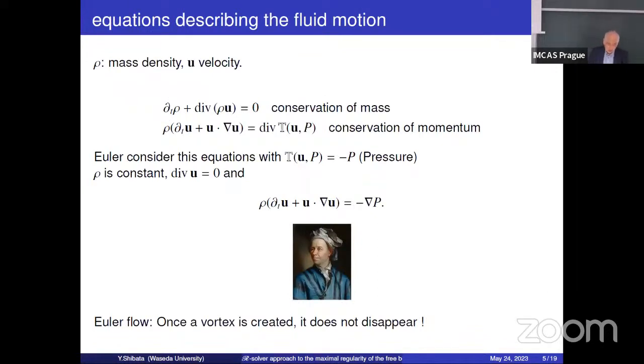So the mass density rho and the velocity u are the typical two quantities to describe the fluid motion. The first equation is the conservation of mass, and the second is the conservation of momentum. Maybe you know it well, but it's better to explain now. You consider some fluid particle, omega, and gamma is its surface, and n is the normal to gamma. The fluid has velocity u, and rho is the mass density. The change of mass density